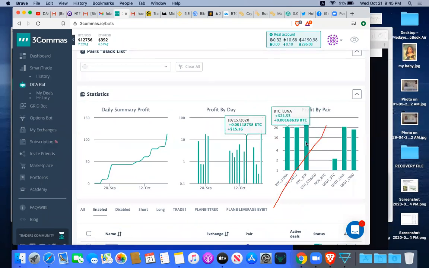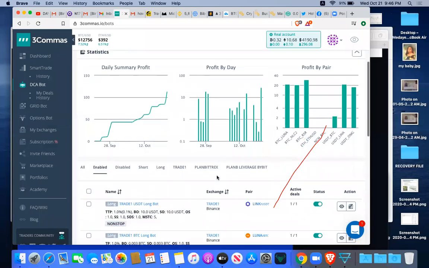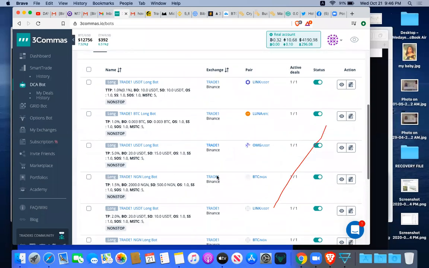Look at it. This is a kind of report of the profit. Look at Luna. Luna has done me maybe over the period $21 profit. NLC has done $20 profit. RSR has done $29 profit. BTC USDT has done just $2. BTC Chainlink, USDT Chainlink $21, and then USDT OMG, in that order. So you can just see. Now you can see all the trades open.